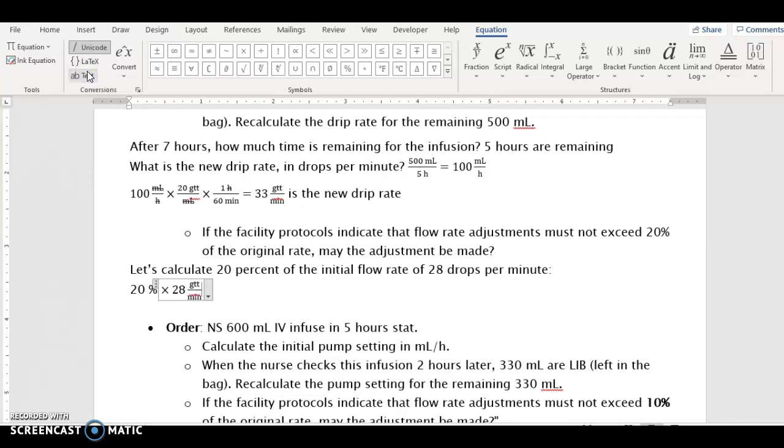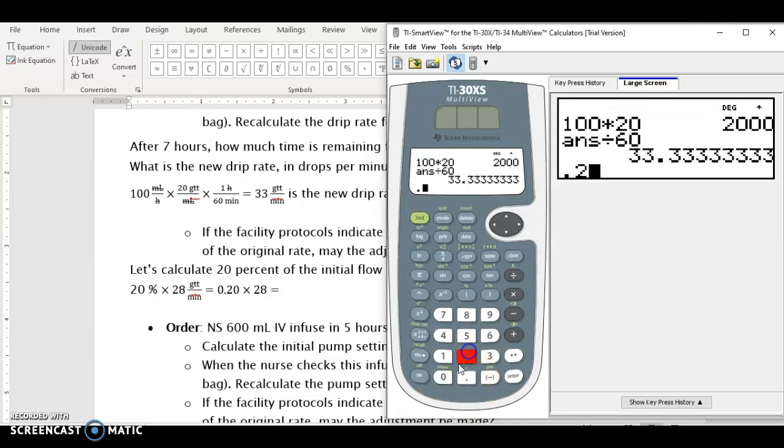When you multiply by a percentage, remember you have to convert that percentage into a decimal. So 20% becomes 0.20. In other words, take the percentage and divide it by 100. So 20 divided by 100 is 0.20, or 0.2. We're going to multiply that by 28. We can do that on our calculator: 0.20 times 28